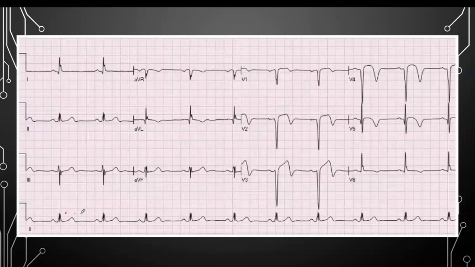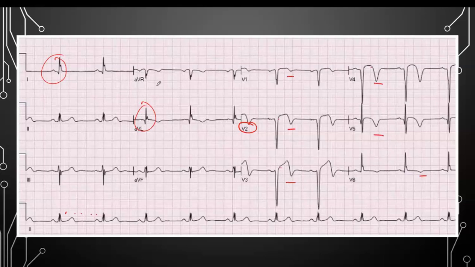So in here, 1, 2, 3, 4, 5. So yes, 60 or 80 beats per minute, as you said. Then just follow the ECG format: rate, rhythm, P wave, QRS complex, then talk about the ST, and then the T. In this case, there is ST depression in V2, V3, V4, and ST depression in lead 1 and aVL. Also very important to note that there is marked T wave inversion in all the chest leads. You need to mention that as well.